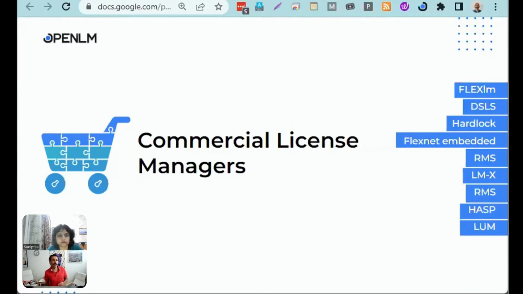The next part I would like to focus on is the limitation of the license managers. The dream of having a license manager that covers everything is probably not always true. So let's see what types of license managers we have. We have what we call commercial license managers, produced by companies that that's their business. They produce a license manager, they sell it to the vendor, and this is actually a huge benefit for us as customers.